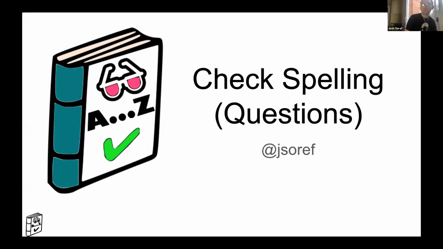I do it for lots of reasons. One is it lets me figure out how healthy a project is, how easy it is for me to contribute any small change. Also, it's really frustrating, both trying to read documentation which has typos, or trying to use a product where the user interface has things that are misspelled. And of course, if something's misspelled, searching for it is just a disaster.